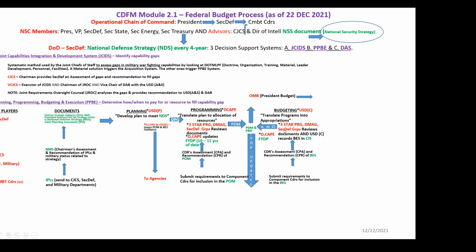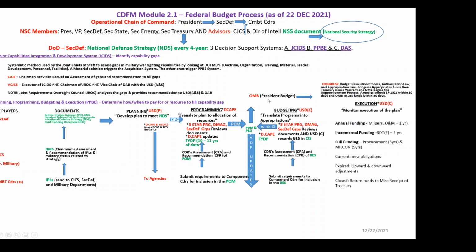So then in the budgeting phase, the budget has to be submitted to OMB. Your POM information gets submitted to higher because all of this will eventually have to go to Congress. So the FYDP updates are done. The Program Decision Memorandum is the DoD's final program, and the Program Budget Decision is the DoD's final budget, submitted to OMB. So what you need to know with OMB is, remember,